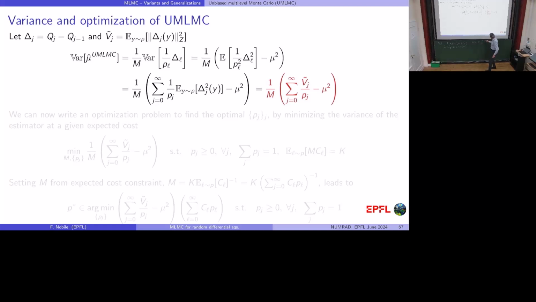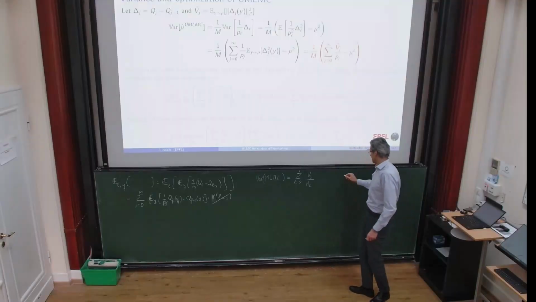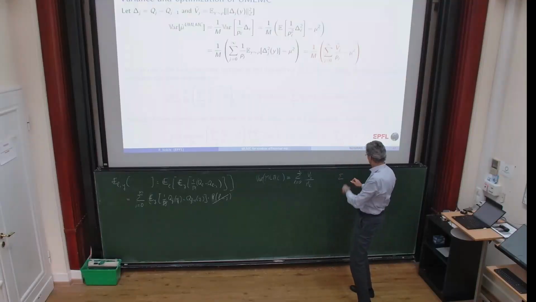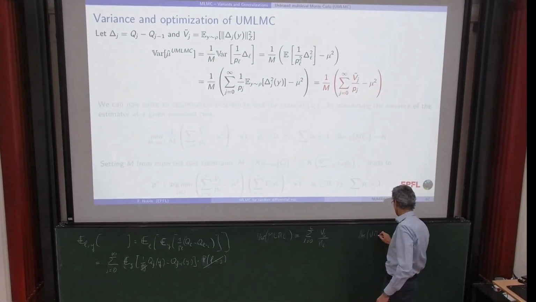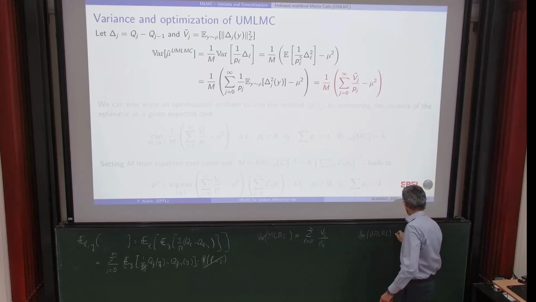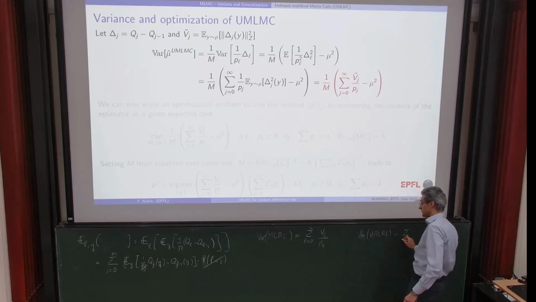Now this was the true variance, not the second moment, but let's forget about this difference, divided by ML. And here, if I forget the mu squared, I get the variance of this uncentered, unbiased multilevel Monte Carlo with the infinite sum, this time,